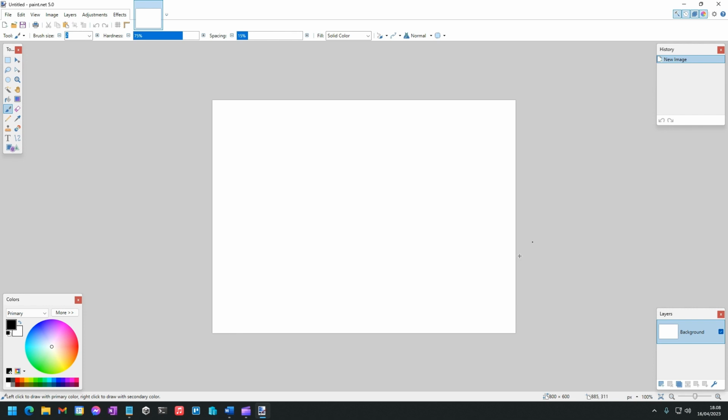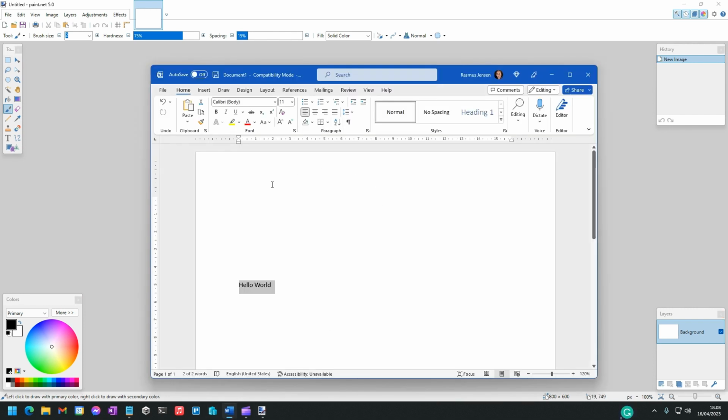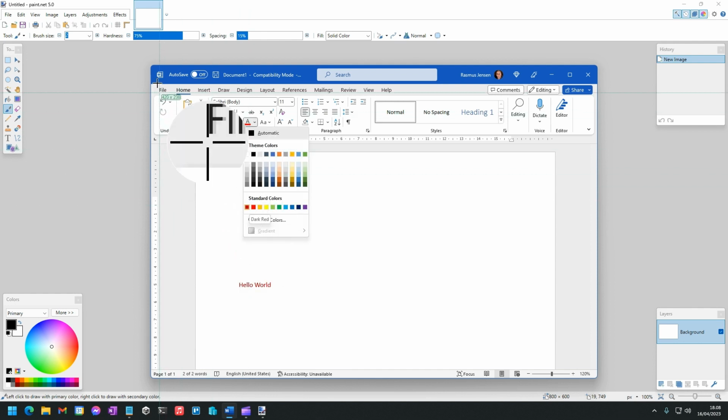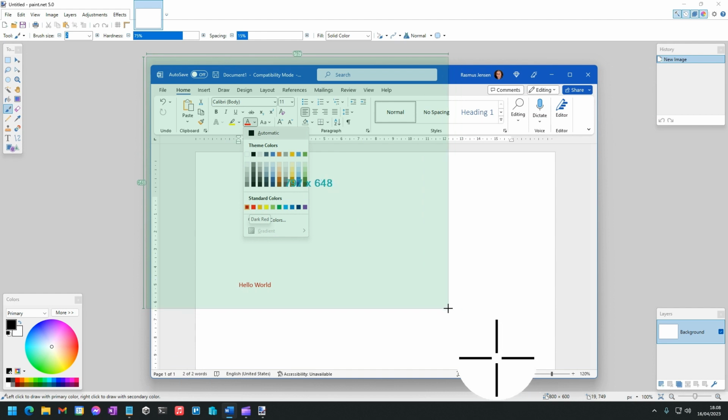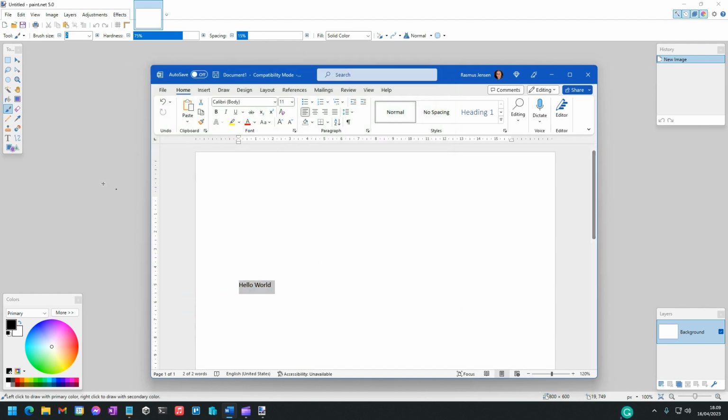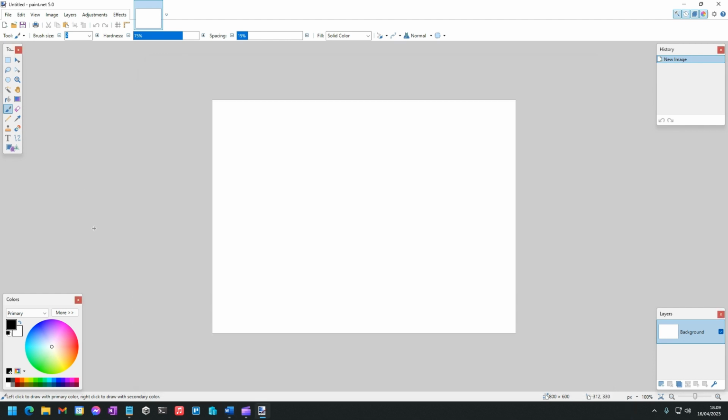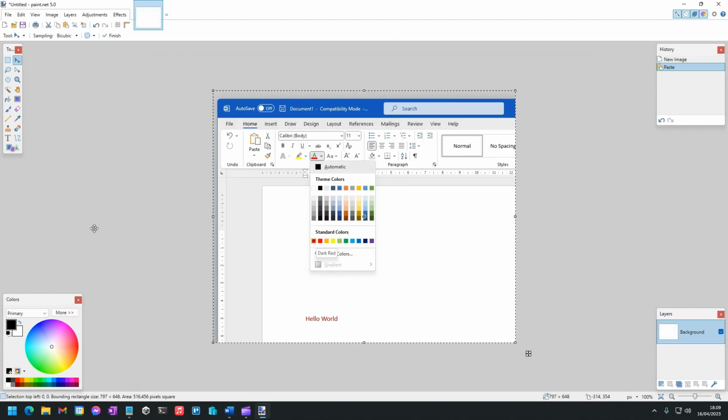So let's try to simulate that by going to Word, and let's say we want to highlight how to set some color. We take a screenshot, and that is what we want to annotate. That is not the important thing, what we are taking the screenshot of, but more what we do with the tools. So we have the screenshot, and I want to just have a simple arrow pointing up to the tool.